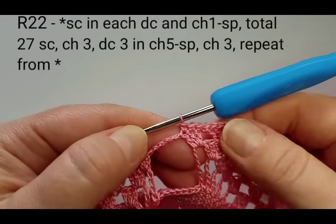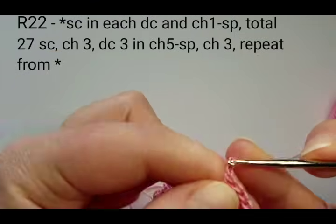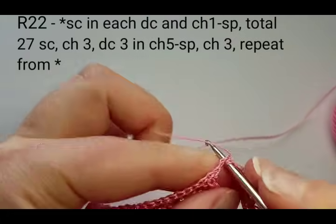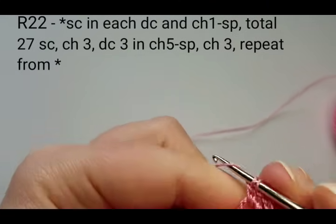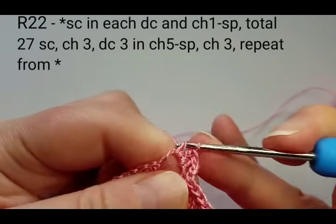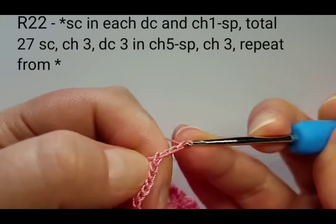And when you're done with single stitches across this part here, chain 3 and double crochet 3 times into the 5 chain space. 2 and 3, chain 3 again, 2, 3,